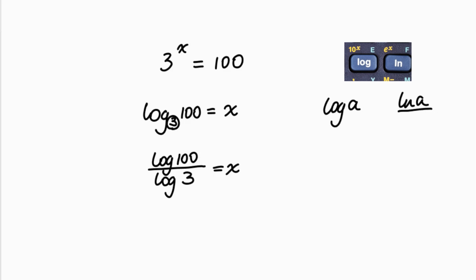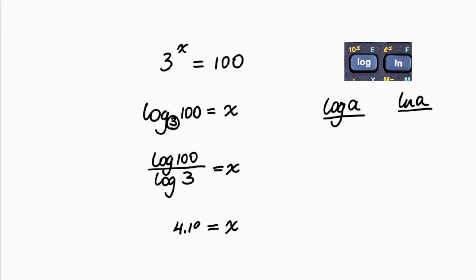And now the base, the 3, is a large number. It's not a subscript anymore, like in the previous expression. So on your calculator, you're going to determine log of 100 using the button log a or log x or whatever variable you have there, divided by log of 3. And x equals